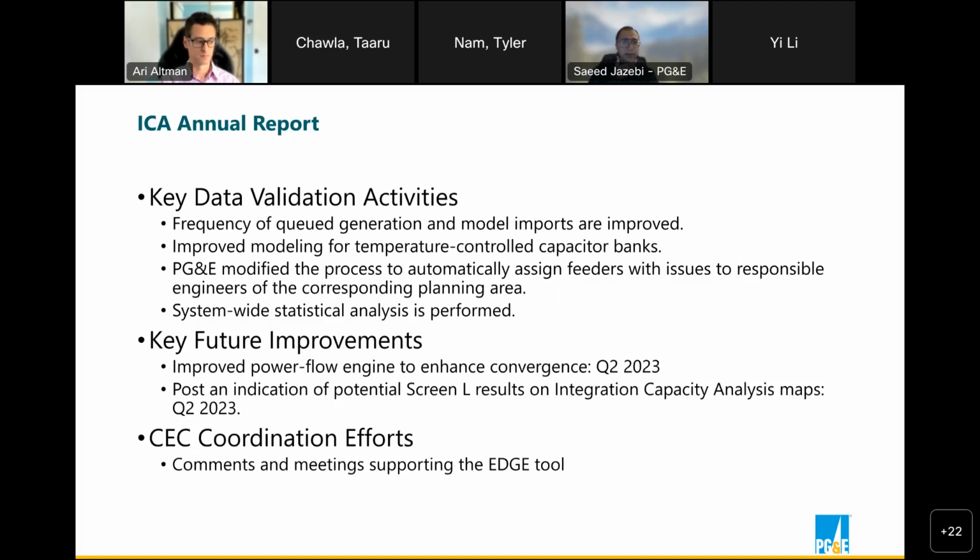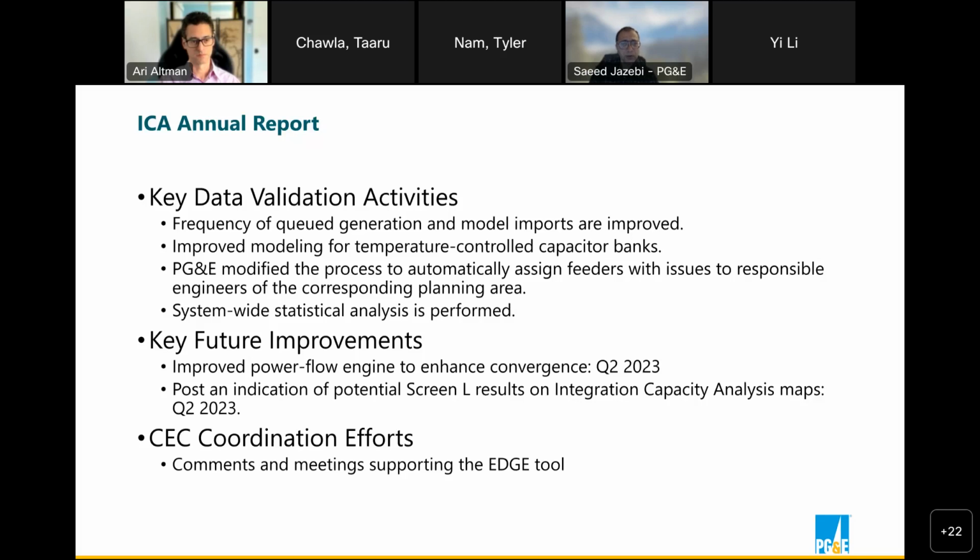PG&E has focused its efforts on data validation activities primarily at this point, as we believe this is a key to success for an automated cloud-based platform. This will also help other internal processes within PG&E. Key activities that are listed here happened actually after we filed our first ICA annual report on February 28,